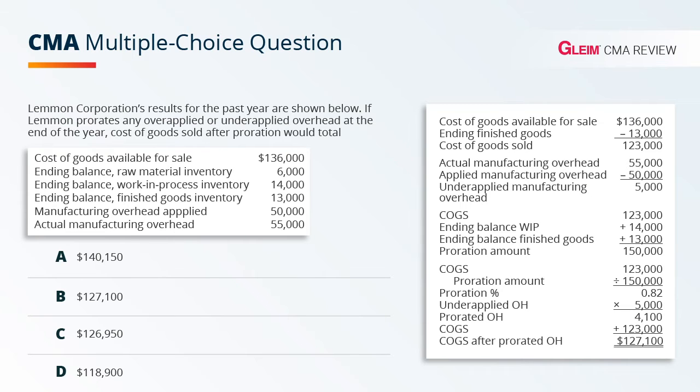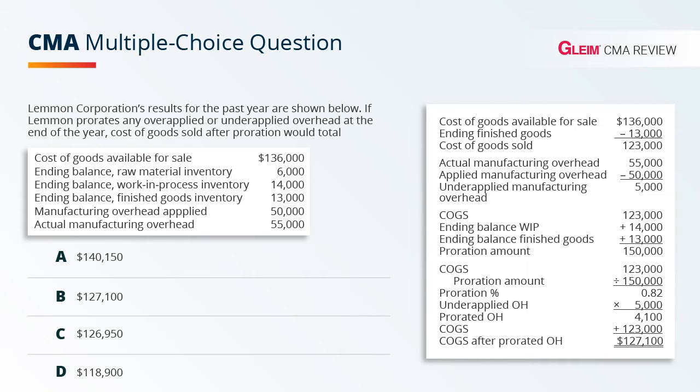Now, there's a lot of math here, so stay with me and try to follow along. And remember, on the CMA exam, you'll see calculation questions like this. You need to be able to quickly identify what you need to calculate and be able to quickly and efficiently get to the right answer. Now, I'm going to walk you through this one slowly so that you can learn, and then you need to practice to increase your speed.